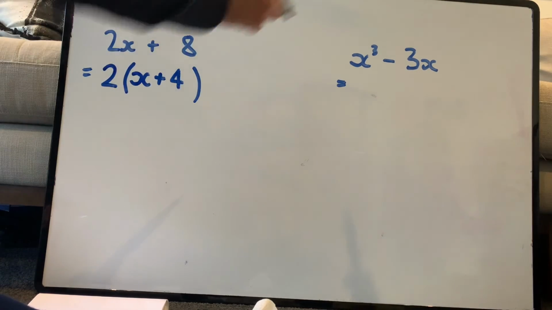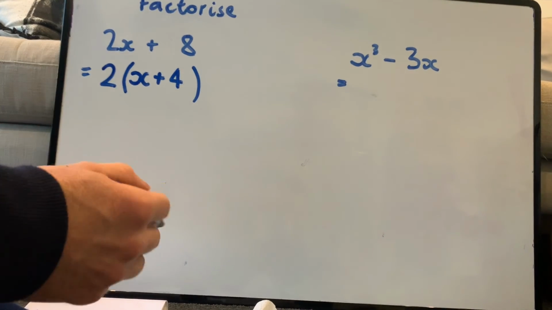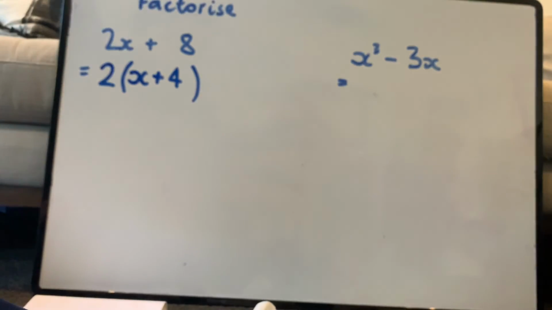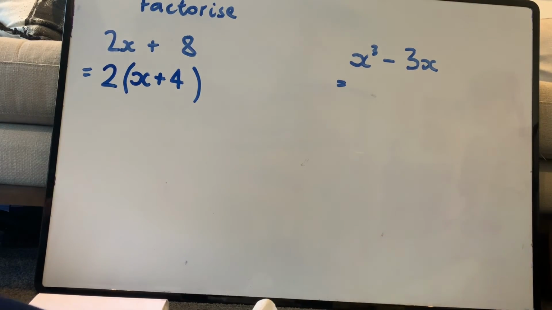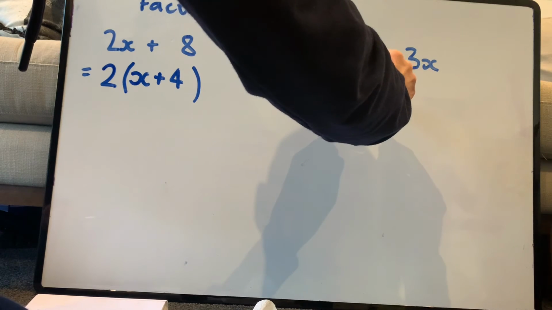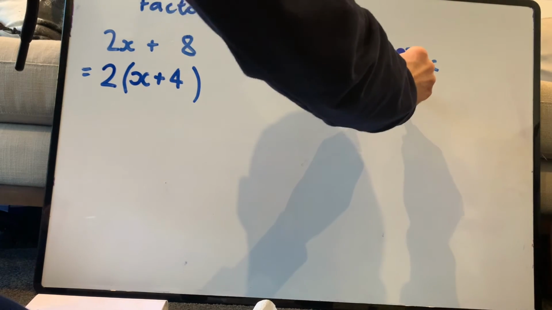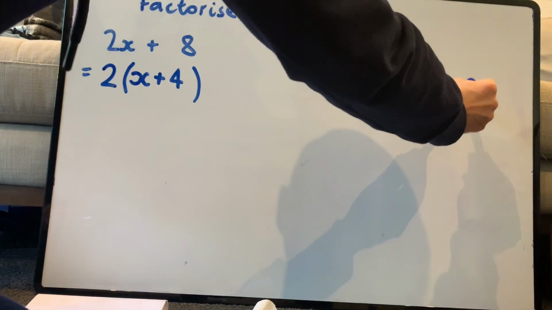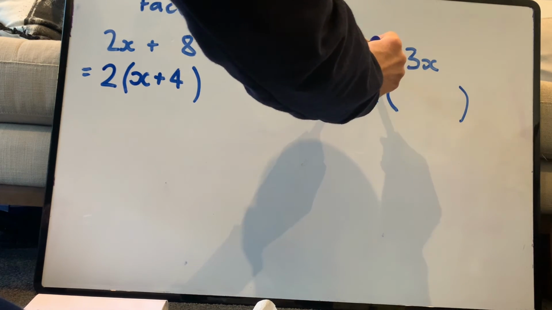Okay. Similarly for this example on the right here, what's the biggest thing that goes into both? It's not a number this time. It is x. X times what equals x cubed? Well,